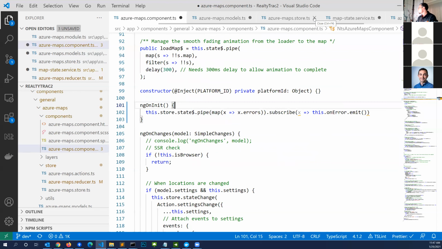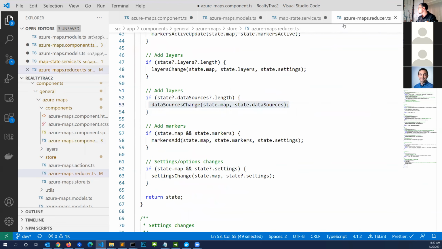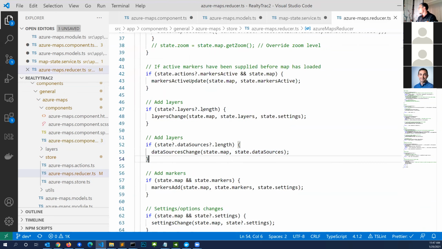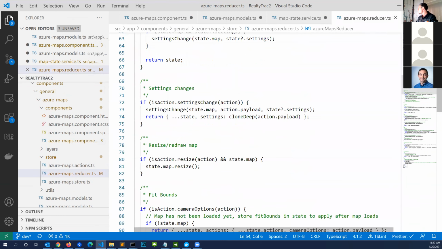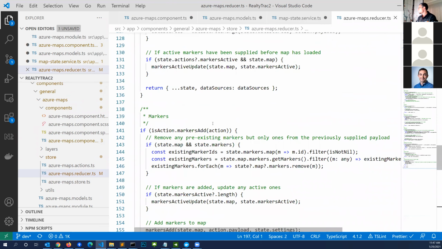Okay, so let's go into a couple. I've got 15 minutes left, and I'm probably going to run out of time, and I want to show you a couple of cool patterns here. If you notice, my reducer is pretty clean and lightweight. I'm at 200 lines of code. And let me show you